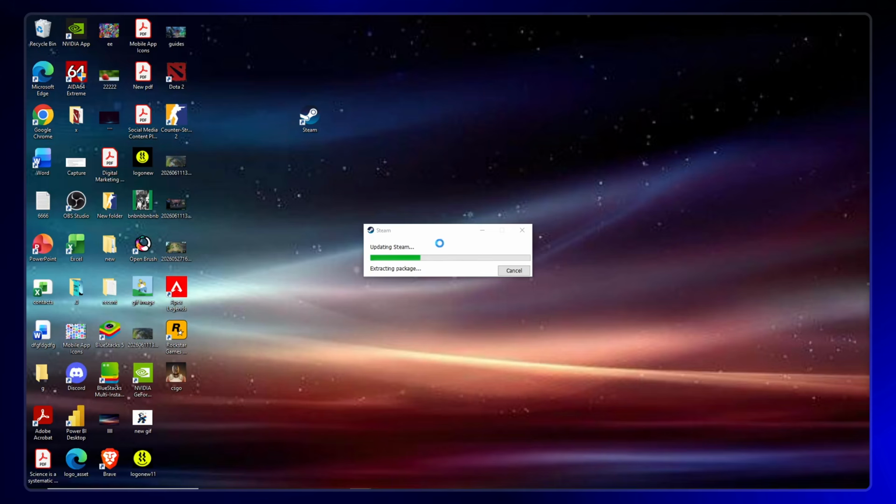And that's it! You've successfully cleared your download cache and switched to the Steam beta client, which should resolve the